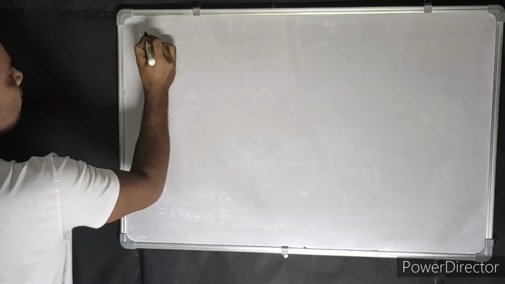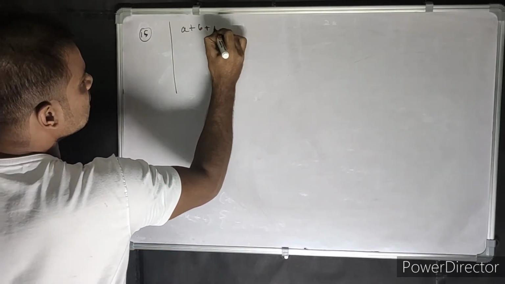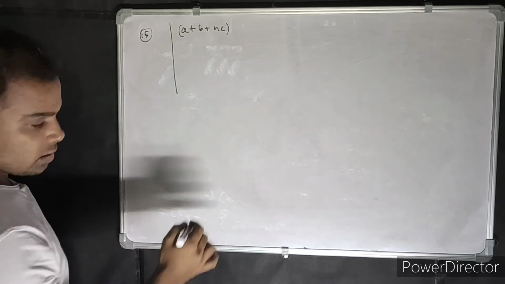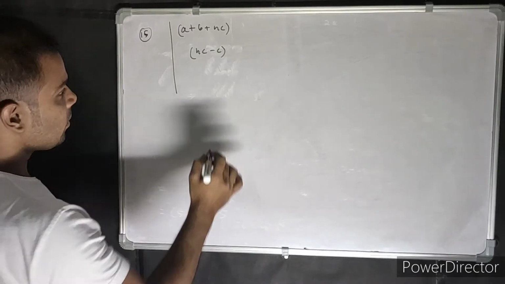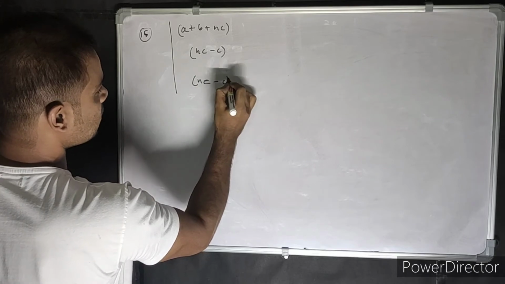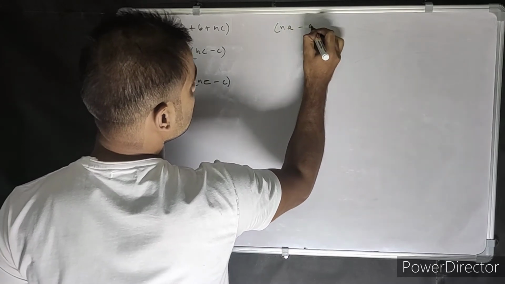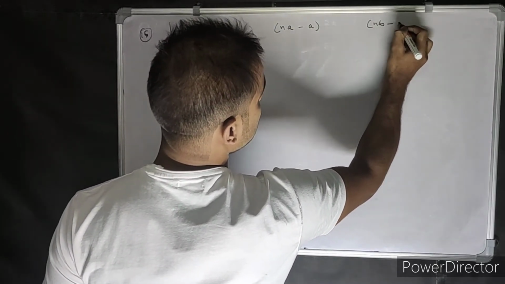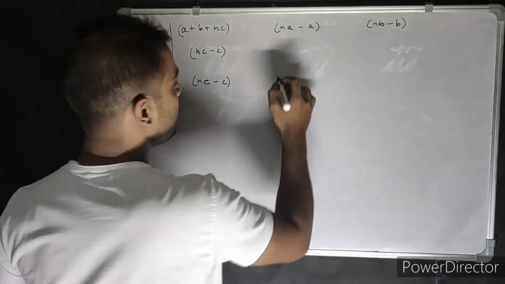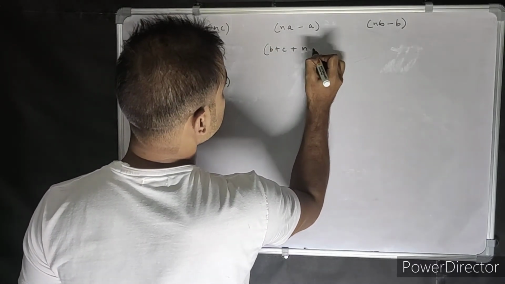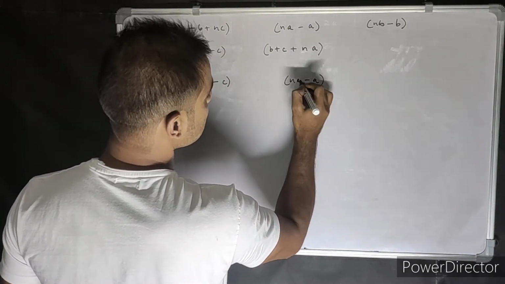So question number 15, it's given as a plus b plus nc, then nc minus c, then minus c, then na minus a, na minus a, and over here it's written nb minus b, and then this part over here we have b plus c plus na, and then we have na minus a,